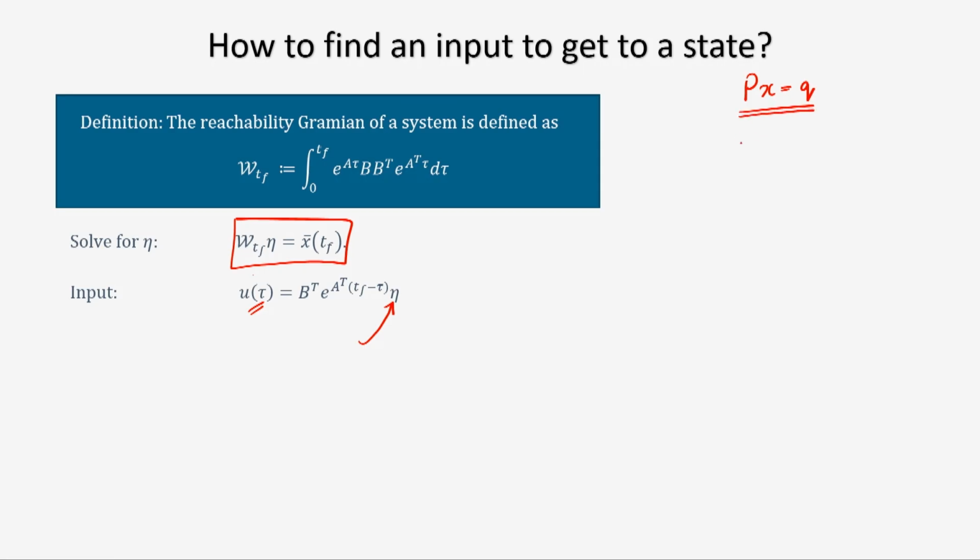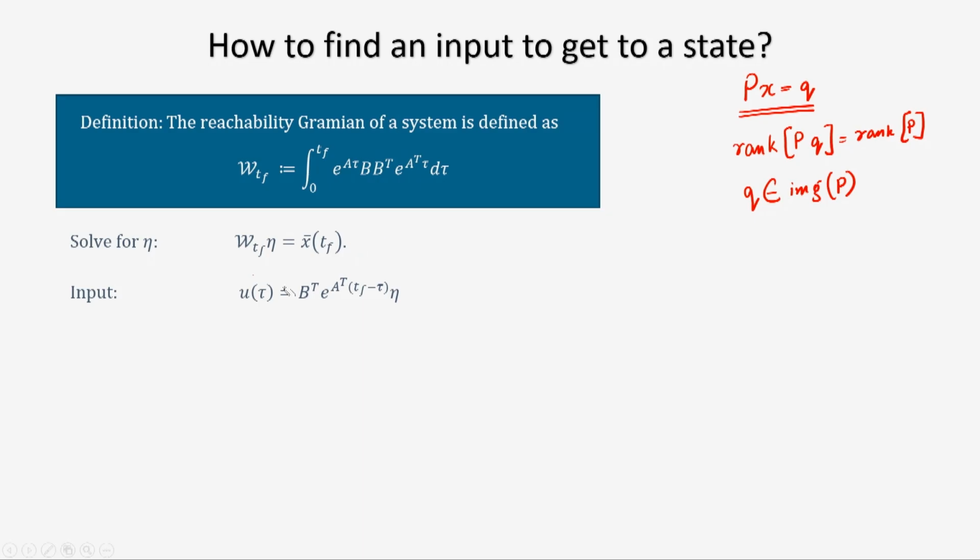When is this set of linear equations solvable? One option was that rank of [P Q] must be equal to rank of P. The other way of formulating the same thing was that Q must belong to the image of P. Remember we had talked about this. So, basically I should be able to write down x bar as a linear combination of the columns of W(t_f). If I can do that, I know that this set of linear equations is solvable, and once I get a solution, I can go ahead and find out the input.